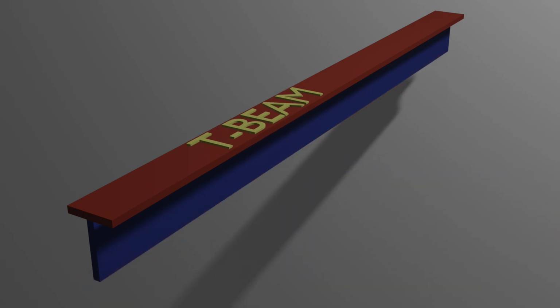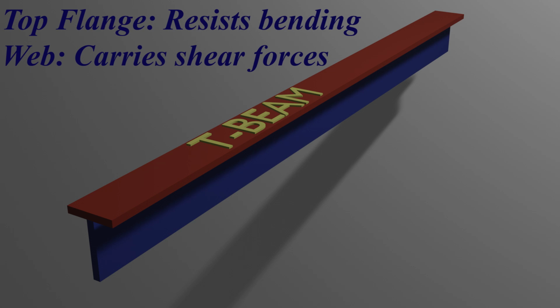2. T-beam cross-section. Next, we have the T-beam. As the name implies, the cross-section looks like a T. This beam is essentially an I-beam with only one flange. It's often used in floors and bridges where the slab above the beam can act as the top flange, giving it added support. The single flange on the top resists bending, while the web below handles shear, just like in